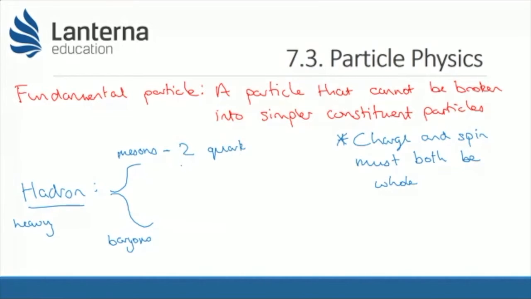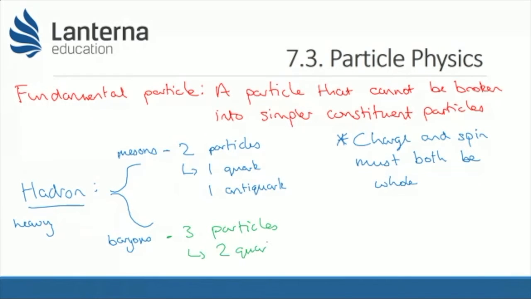but the important thing is we can look a little closer and say that one is a quark and one is an antiquark. So actually, we'll change that to say 2 particles. A meson is 2 particles, and it must have 1 quark and 1 antiquark. And then a baryon is going to be 3 particles. So it's either going to be 2 quarks and 1 antiquark,